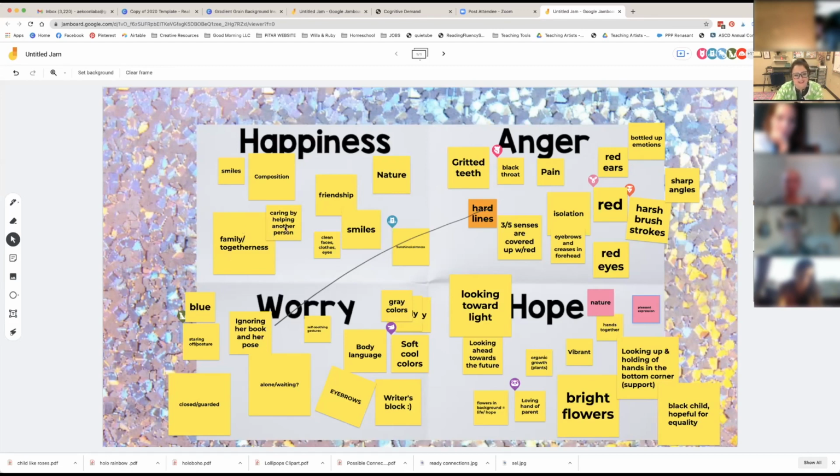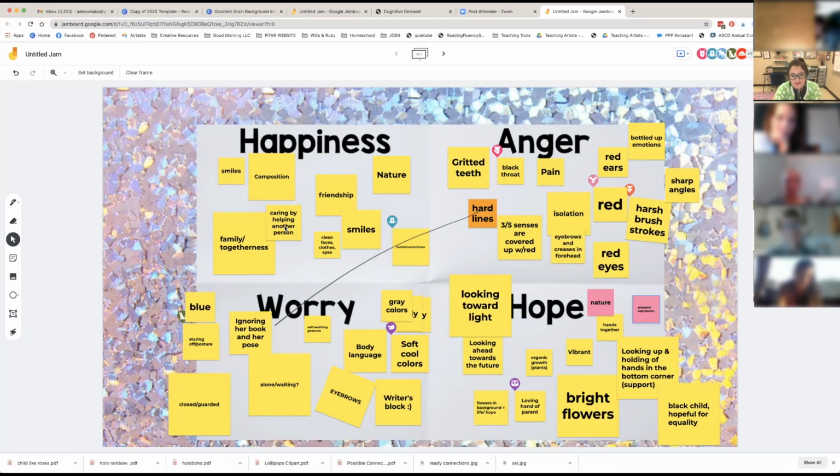Yeah. Thank you. Hi. So some things that really stood out to me were the use of color in these, some similarities. So in the worry, even though they're different colors, we've got the blue, and then in that anger, the red was really prevalent. That's a good point. Both of those actually had a dominant color that really stood out.